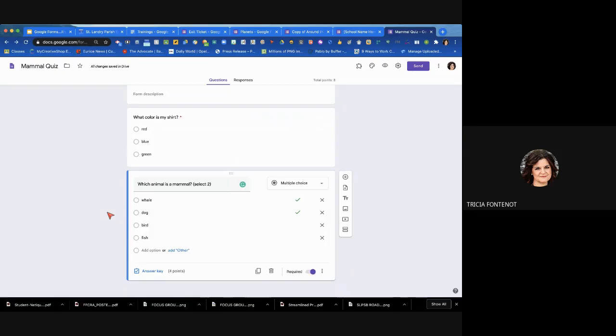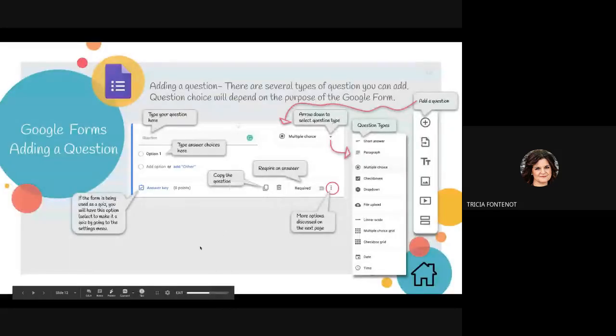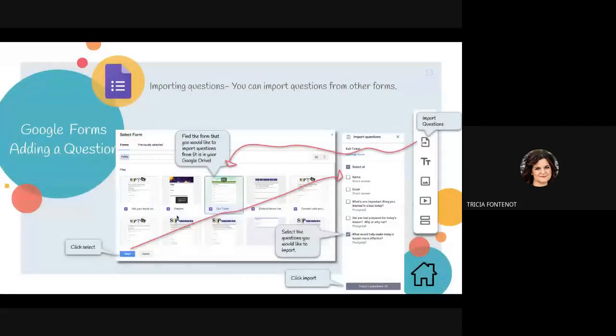All right. So I'm going to go back over to my Google Form presentation slide deck. I'm going to click on present so you can see it really, really large. And I'm going to move on because we talked about that answer key, right? All right. The next thing I want to talk about